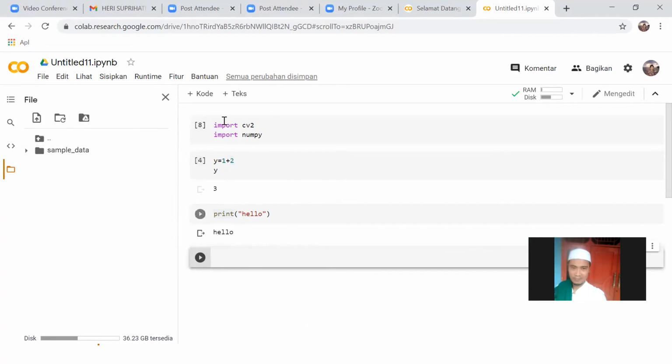So this is the location, and there is Google Drive. This is temporary. If we close the IDE, we have to upload the data again here. But if we use Google Drive, we can just connect to our Google Drive, the files in Drive, in the cloud.